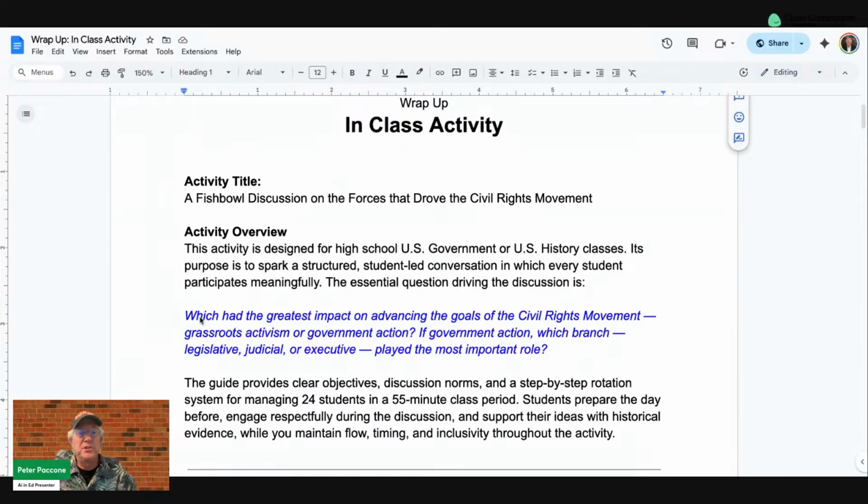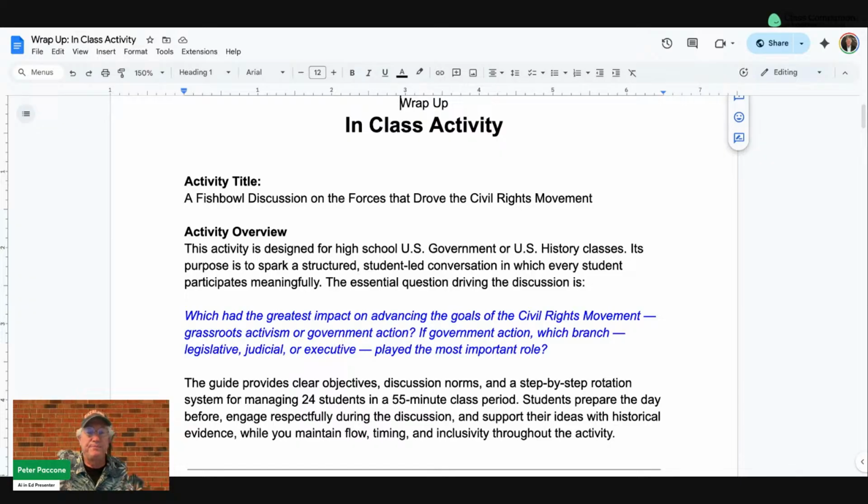I want to draw your attention to it. Which had the greatest impact on advancing the goals of the civil rights movement, grassroots activism, or government action? And if government action, which branch, legislative, judicial, or executive, played the most important role? I envision this for a middle school, high school. I mean, it could be a government class, could be a history class. It could be an English course where they're reading and in process learning about the history of the